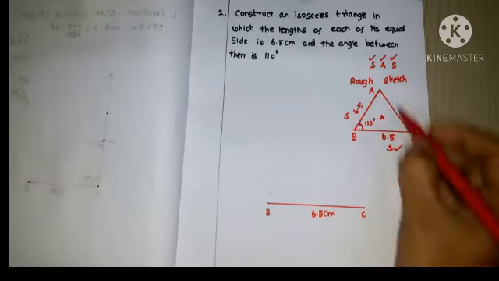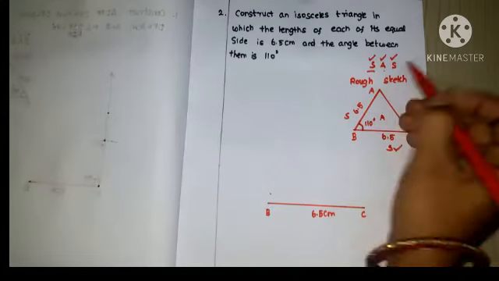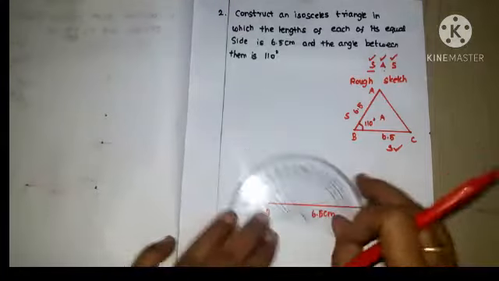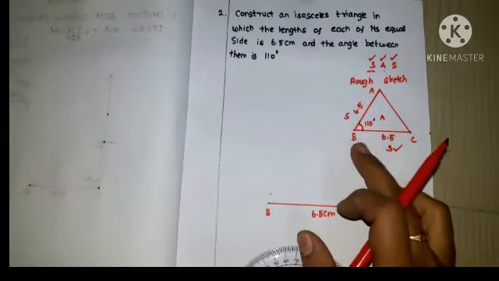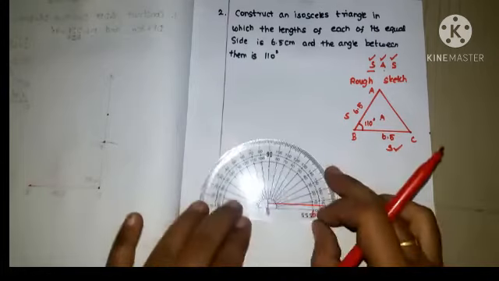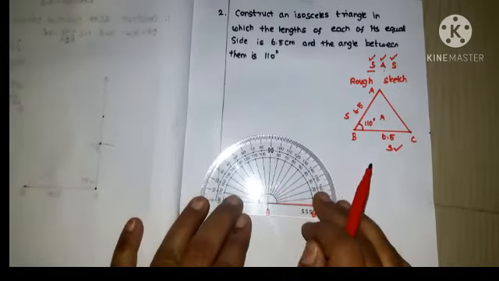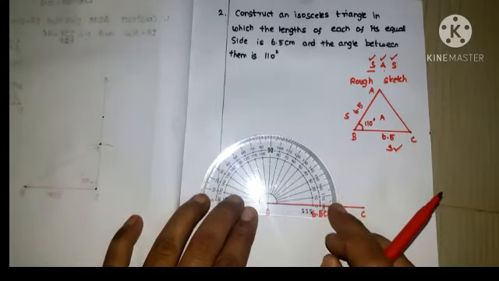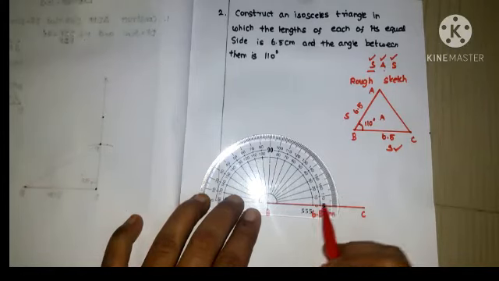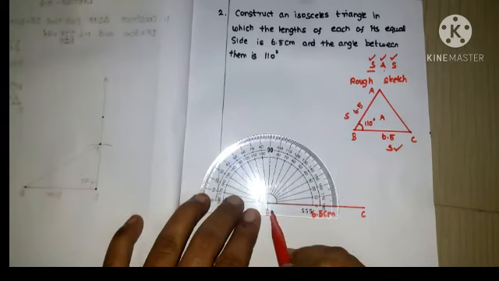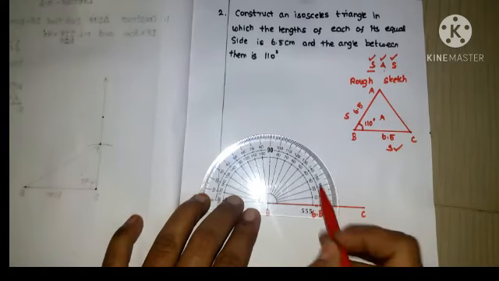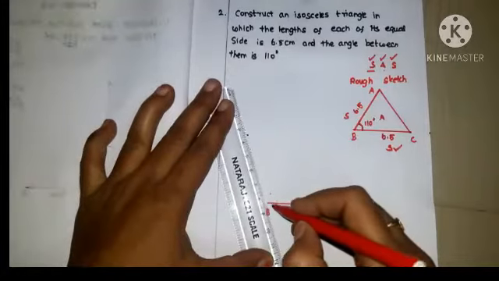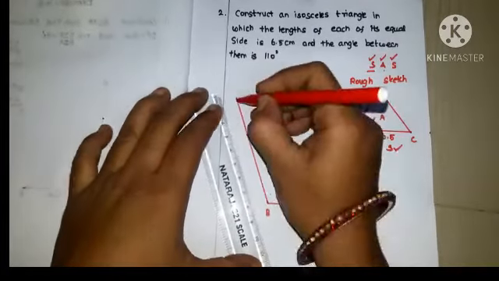After that I have to measure. First I finish the side, after that I move on to the angle. For the angle I have to use the protractor. Here I am going to use the left side of the line segment, so I have to start from the right side 0. The middle point should be fixed at point B, and the baseline exactly merged with line segment BC. Now it is 0, 10, 20, 30, 40, 50, 60, 70, 80, 90, 100 and 110. So here is the 110. Now I join these points and extend it as a ray.